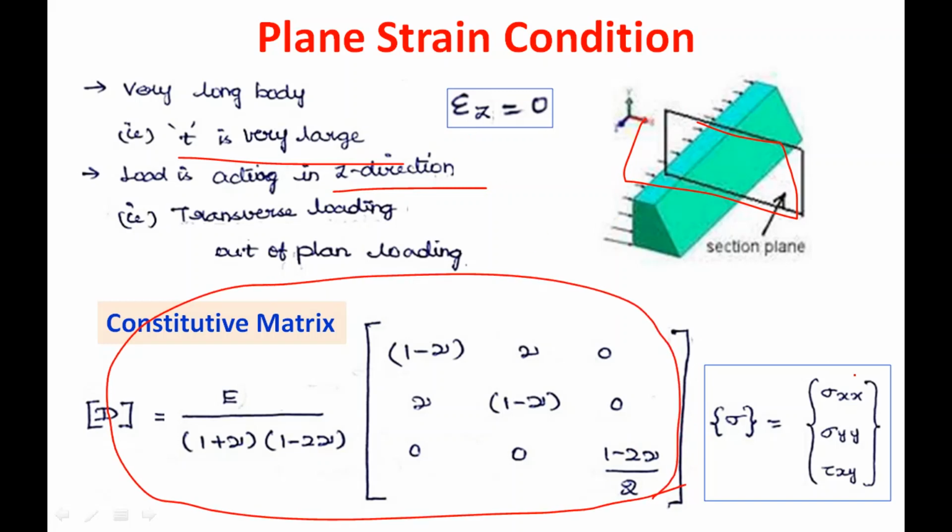So by using the plane stress and the plane strain conditions, we are able to evaluate the two normal stresses along the x direction and y direction, and the shear stress along the xy plane. So the cross-sectional plane is going to be considered as the xy plane. Along that xy plane, we are going to measure the shear stress, and along the x direction and y direction, we are going to measure the normal stress. That we are going to see in this part.